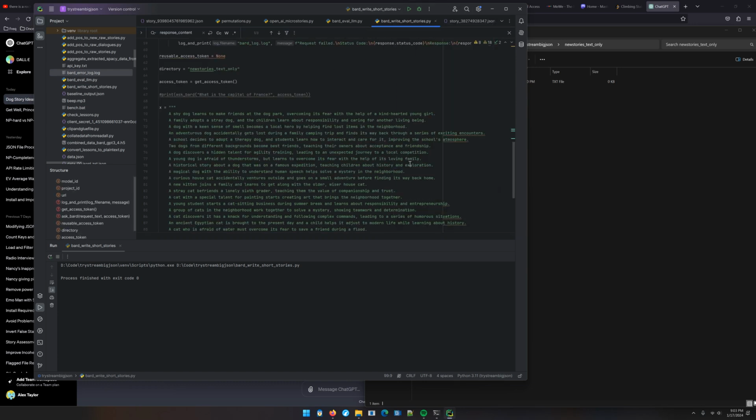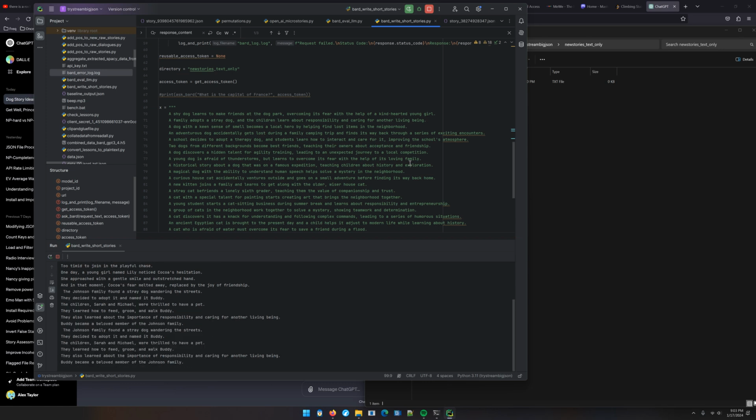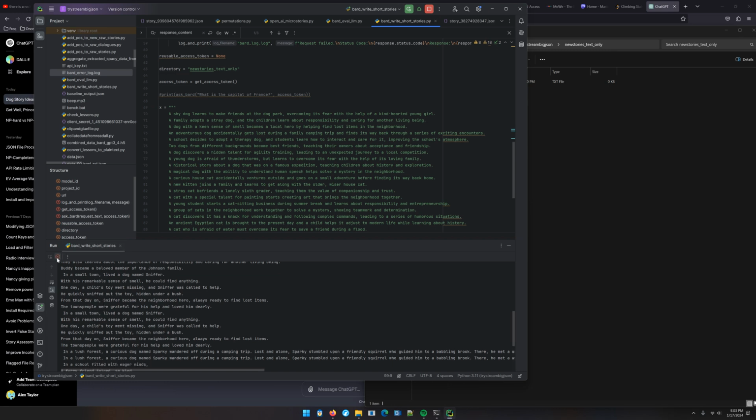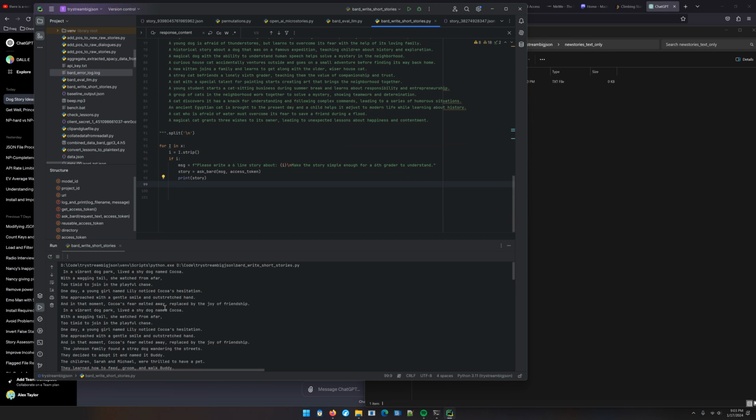Bard writes short stories, run. It really is easier to debug something like this if... wait. I only want you to do one. Stop. Oh, God. Did it do every single one of them before? It was supposed to break.